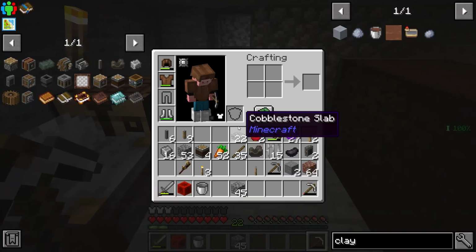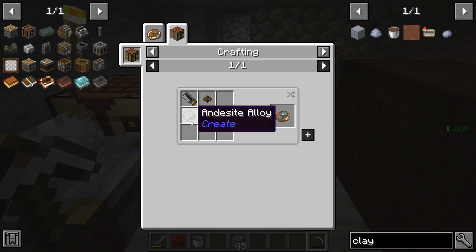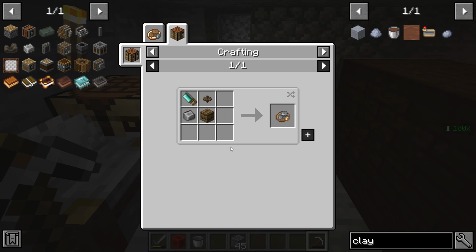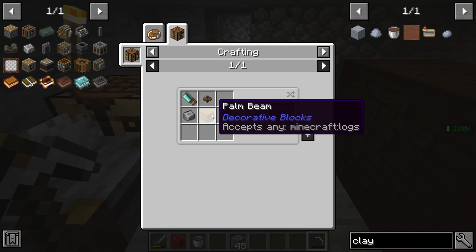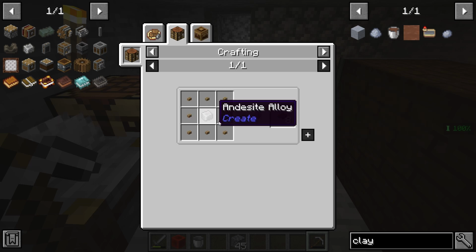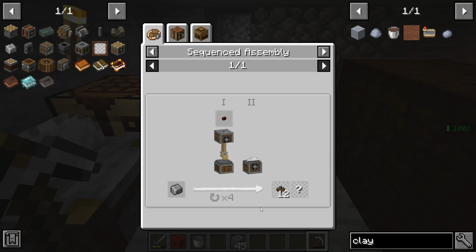So we've got, let's see, how close are we to figuring out how to make these kinetic mechanisms? We have got andesite alloy pretty much figured out because we've got a system down below that is making the andesite cobble. We've got strainers that are going to be making clay. So that is going to give us our algal brick. And we've got the andesite cobble so we can make the andesite alloy. Let's go back here. And then we need to work on a tree farm so that we can get logs. And we need to work on some kind of assembly process that will make the buttons and put them together to make that. And then we need a final...